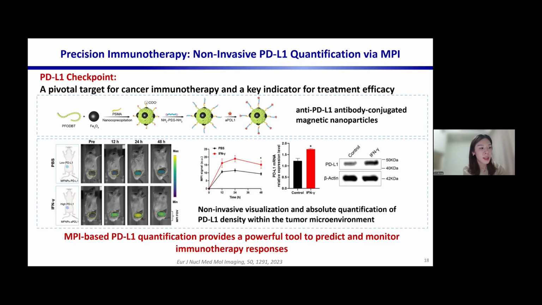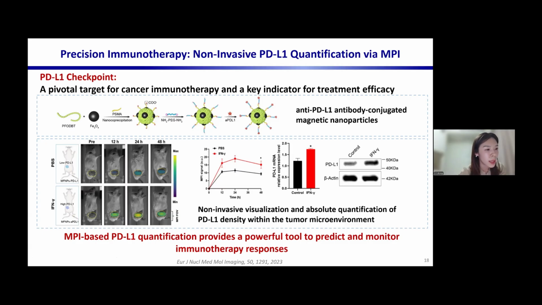In this slide, this is an example of breast cancer imaging. In this study, we designed a magnetic nanoparticle, or nanoprobe, targeting PD-L1, which is a pivotal target for cancer immunotherapy, and also a key indicator for treatment efficacy. So with this particle,